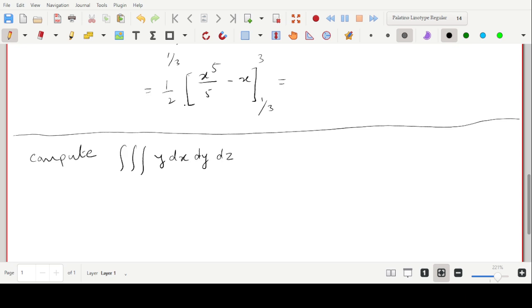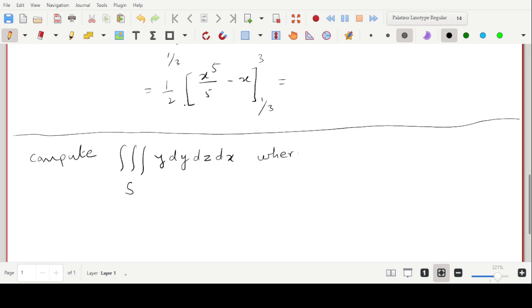I would rather change the order, just for the sake of convenience, but you can change this order, that's not a problem. Over this solid S,